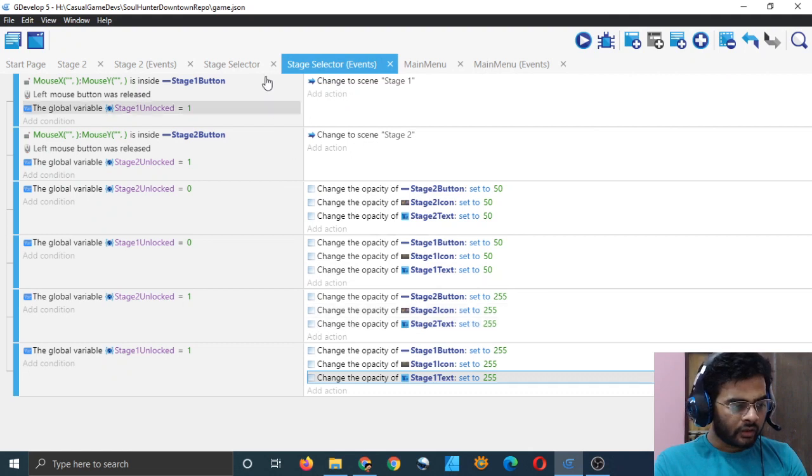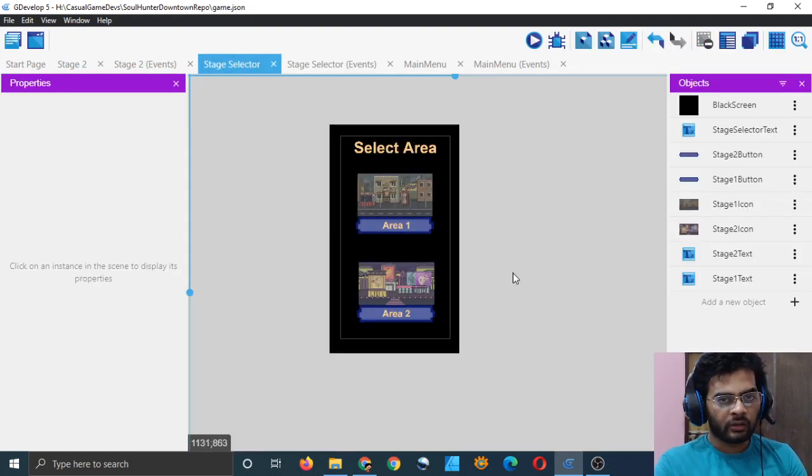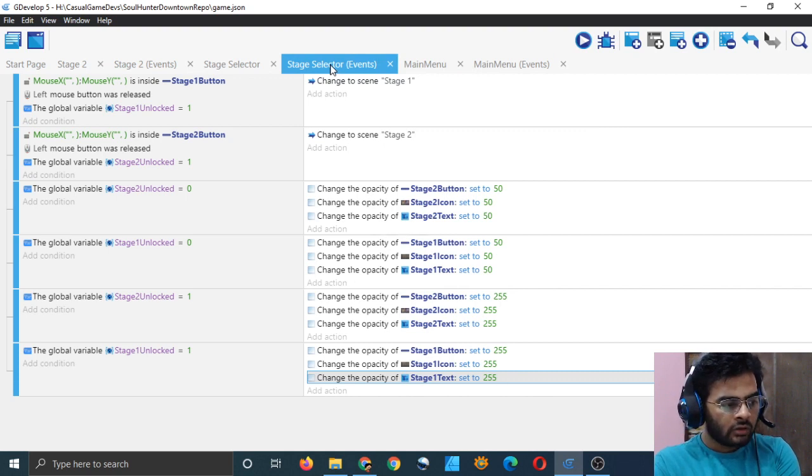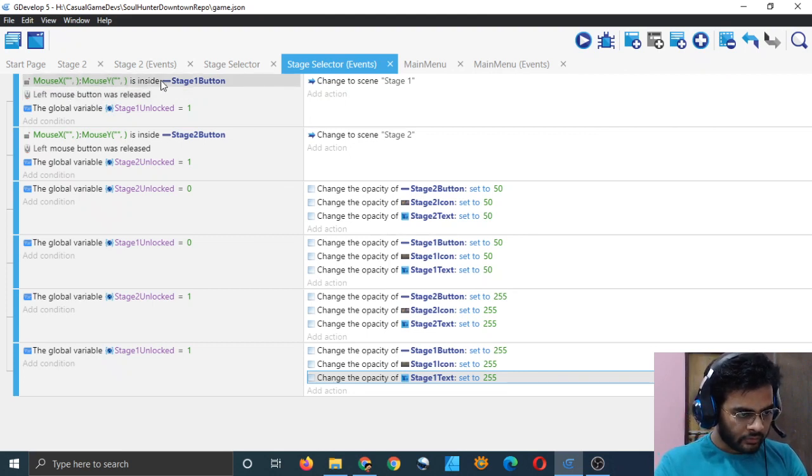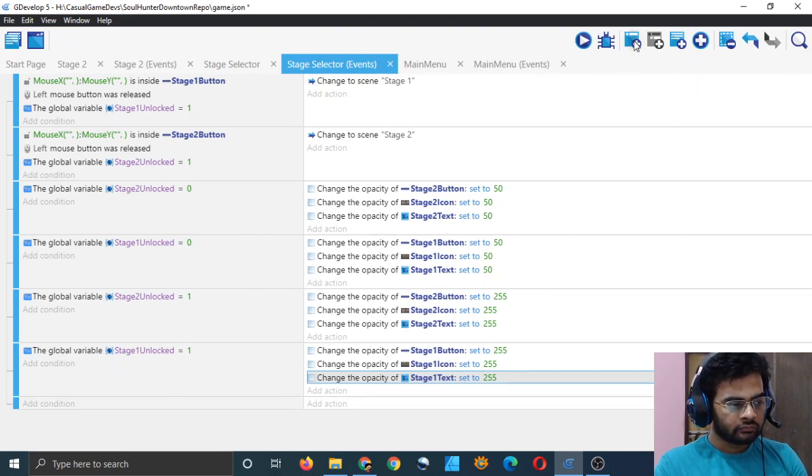But now I want to make that button activation thing. When I hover on the button, it should show me that it's active, that it is clickable. Let's do that right now. This is just simply this code. When mouse is inside, then it should change opacity, and when mouse is outside, it should change opacity, right? So we have to add two conditions. Just click here so that this action is selected, and so that we can add the next condition after this. If you click here, your next condition will be added after this. Let's try that. Oh no, it's not. That is at the end.